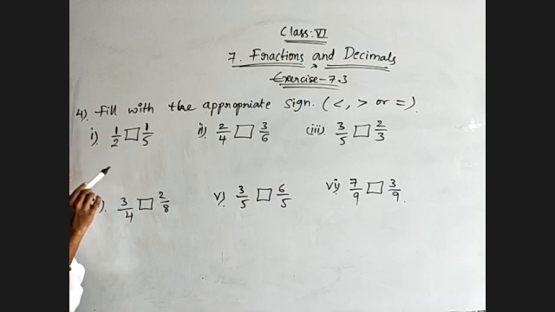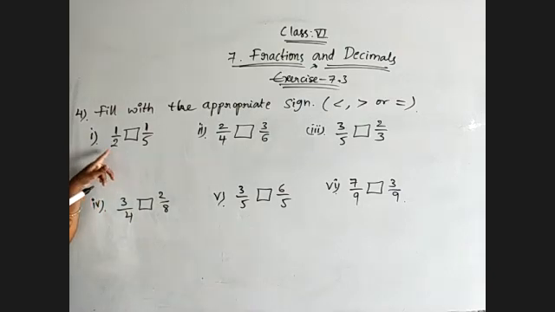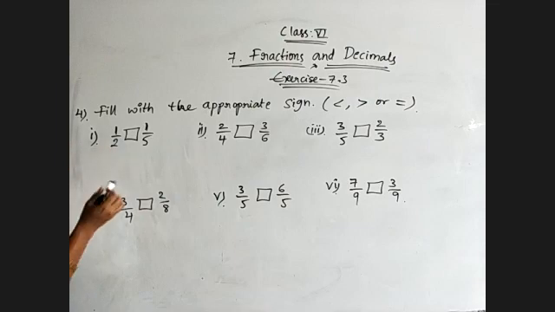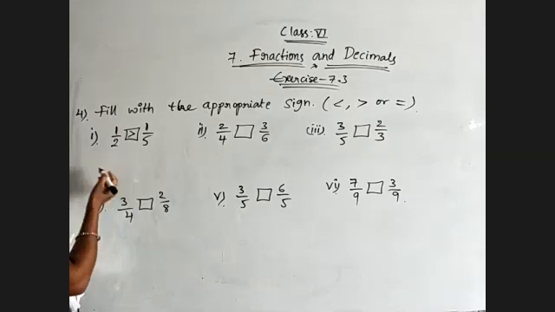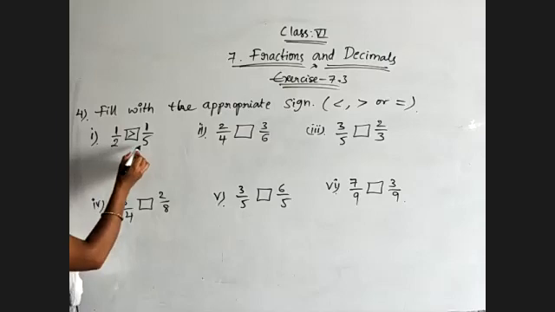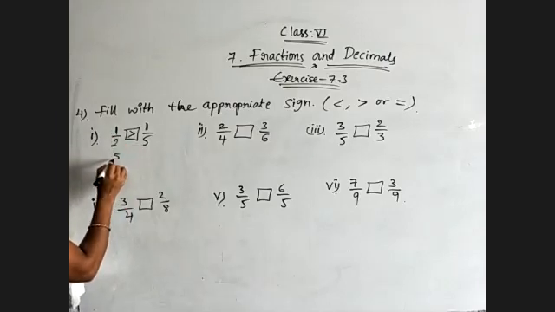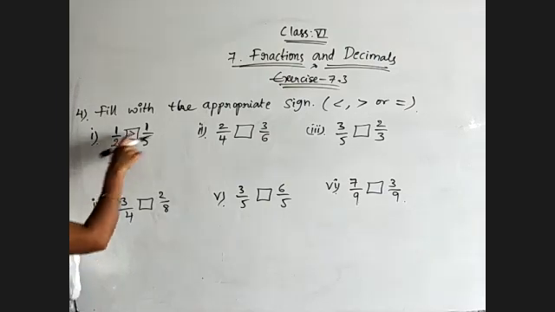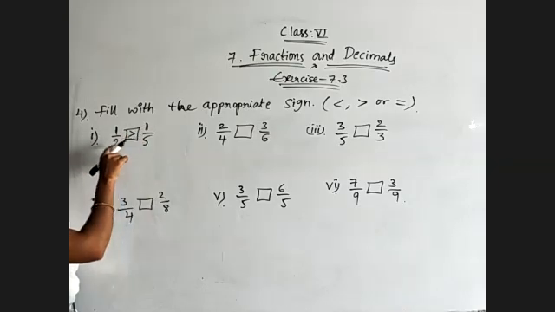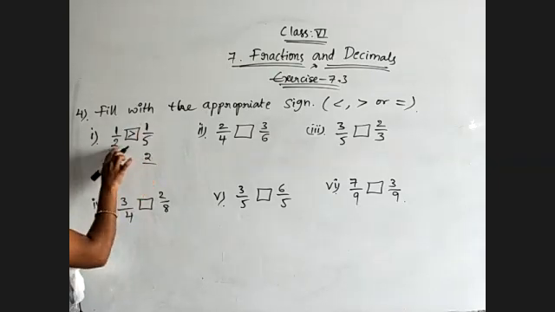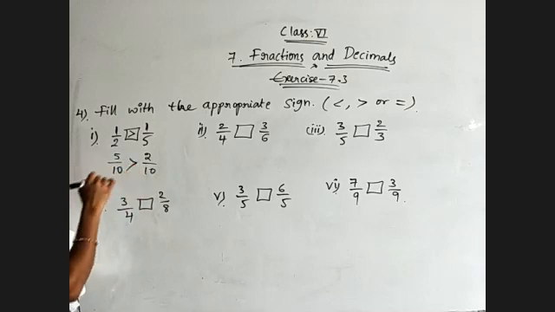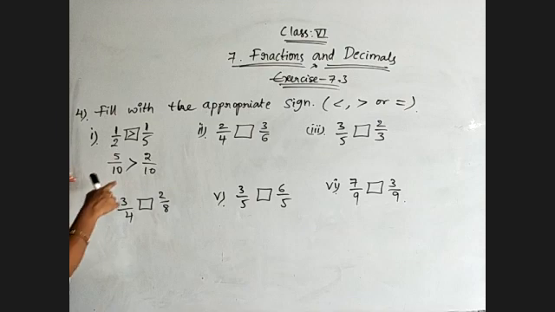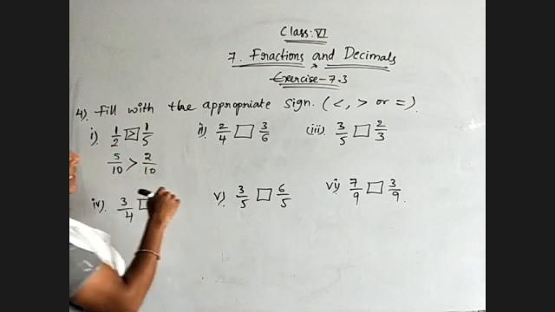Okay. So when numerators are equal, the fraction which is having lesser denominator, that one will be the greater one. Means 1 by 2 is greater than 1 by 5. Okay. Otherwise, just go through with the cross multiplication. What you will get? 5 ones are 5, 5 twos are 10. Okay. And 2 for this fraction we need to multiply. 2 ones are 2, 2 fives are 10. Now 5 by 10, 2 by 10, both are like fractions. So 5 by 10 is greater than 2 by 10. That's it. See? Now coming to second question.